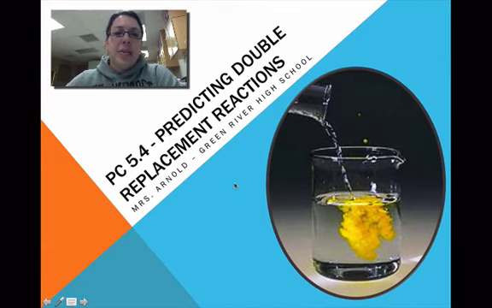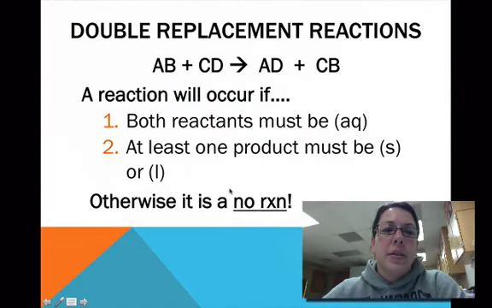Okay, this is podcast 5.4, and last podcast we talked about how you can predict the products of single replacement reactions. This time we're going to talk about how you can predict products of double replacement reactions. So, quick refresher, double replacement reactions are where you have two compounds and you kind of switch the outsides with the insides. There are rules that you need to follow, though, in order to know if a reaction is going